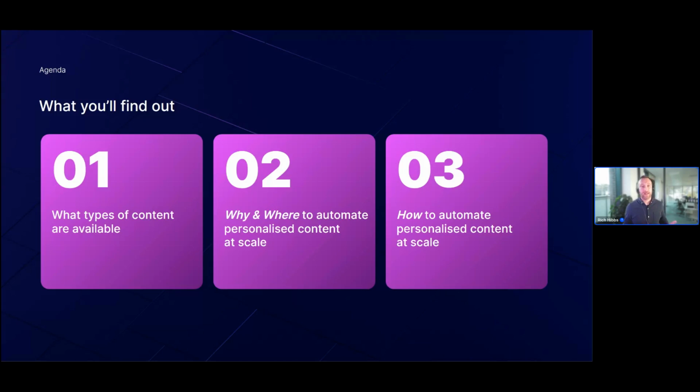And then finally, at the end, we're going to look at how you can automate this. How does the system work? We're actually going to show you a peek behind the curtain, how the platform can speak to your platform or another platform. So in section 3, we're essentially going to look at robots talking, which is always interesting to see.